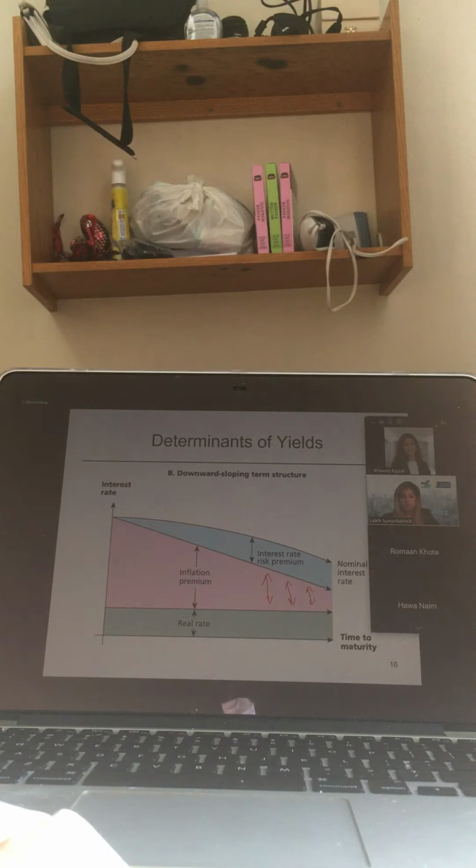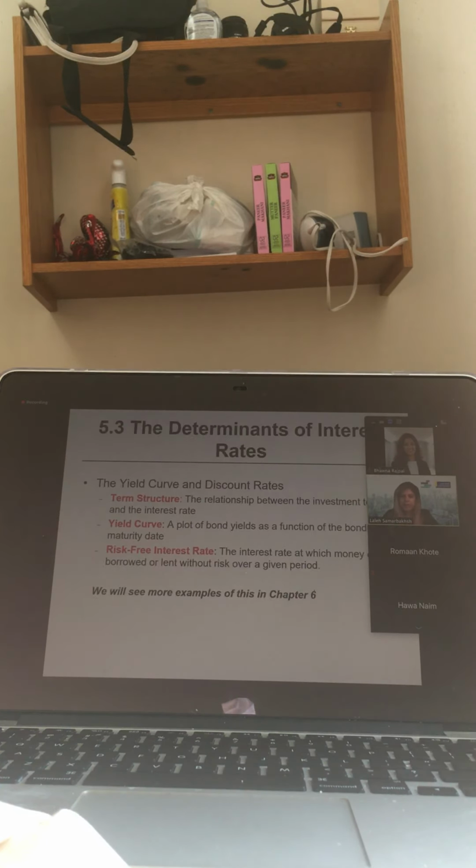So those are some of the observations that we have for policymakers. Again, no questions from this for your midterm. This is just for your understanding and understanding of the terminology. So with that in mind, let's make sure that you learn the terminology, though, and these are the determinants of interest rates.